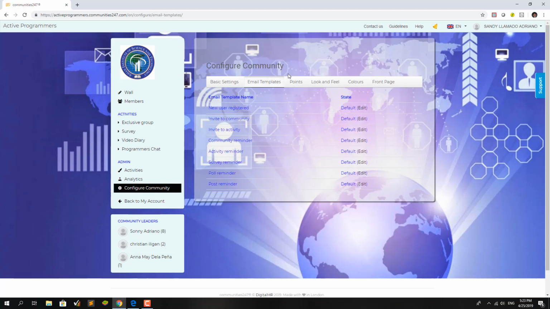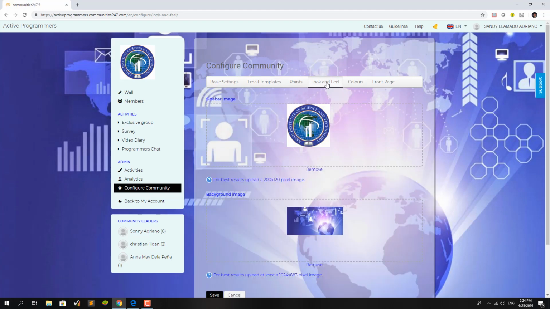And for the email templates, you can easily edit the different email templates which are being sent to your members for each activity or engagement. They serve as notification for each member. So for all the different templates here, it's easily edited, and your own text or messages can be put inside the contents of your email.